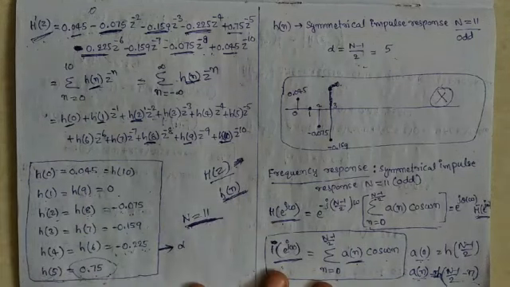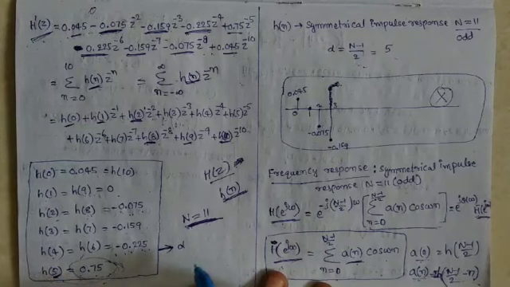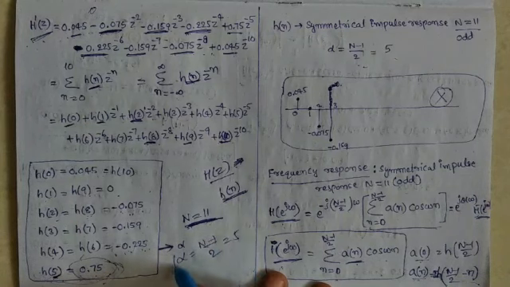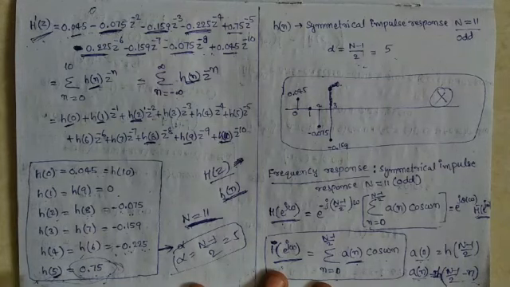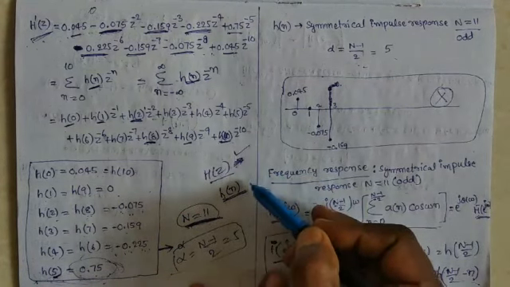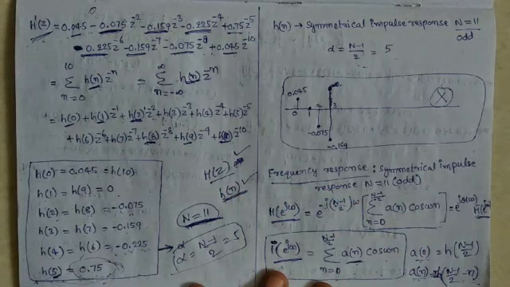Here h of n is equal to what? Here this is our h of n. Here this impulse response is symmetrical about 0.75, this h of 5 sample. Here means the impulse response is symmetrical about the fifth sample. Symmetrical about the fifth sample means alpha, capital N minus 1 by 2, that is fifth sample. Here the impulse response is symmetrical impulse response for capital N odd. Here calculation of h of z is completed, h of n is completed. Next we are determining what?